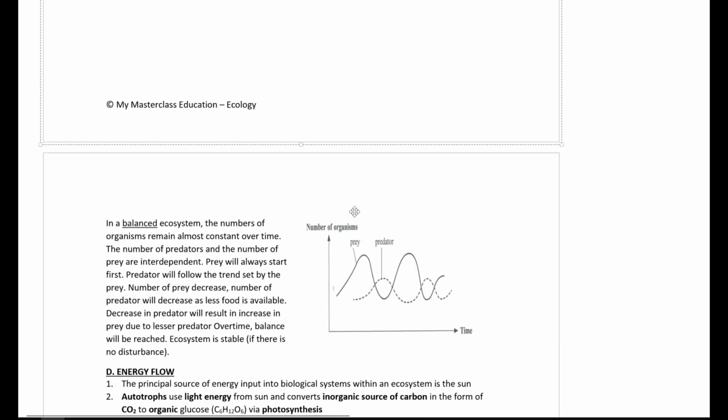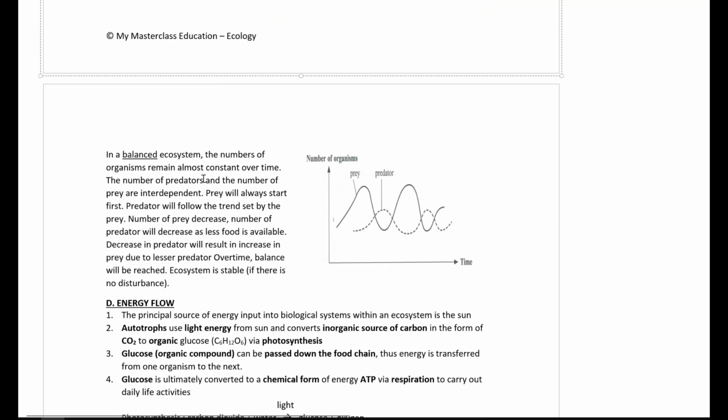Okay, so in a balanced ecosystem, the numbers must remain almost constant over a period of time. So what you notice over here is that the prey population number will always increase first before the predator. So for example, it's winter, everyone is hibernating, of course not in Singapore. So subsequently when spring comes, the population of the prey will increase because mating starts to take place, there's more